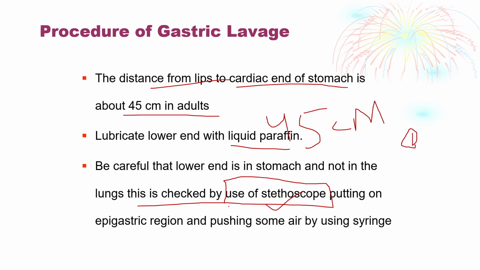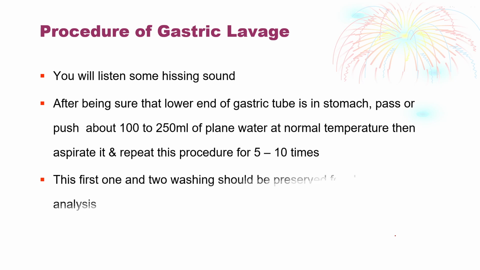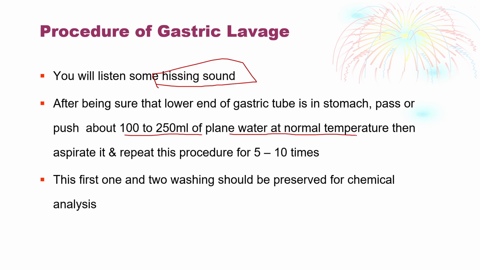With the stethoscope, we put some air into the epigastric region, the stomach, through the nasogastric tube, and a bubbling effect will be produced. If these bubbles are heard by the stethoscope over the stomach, it's confirmed that the tube is inside the stomach. You must listen to the hissing sound produced by the plunger introducing air inside. All right. After performing that, we need 200 to 250 ml of plain water at normal temperature,